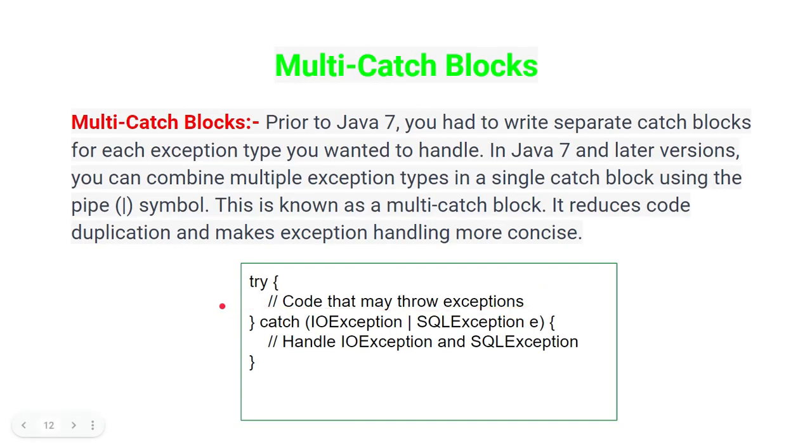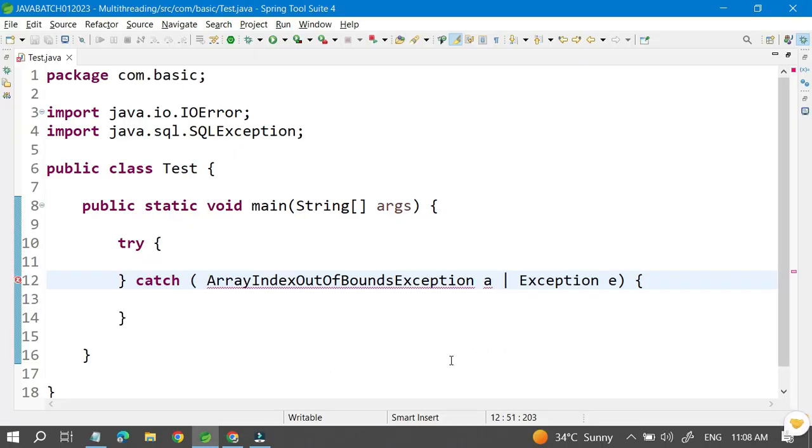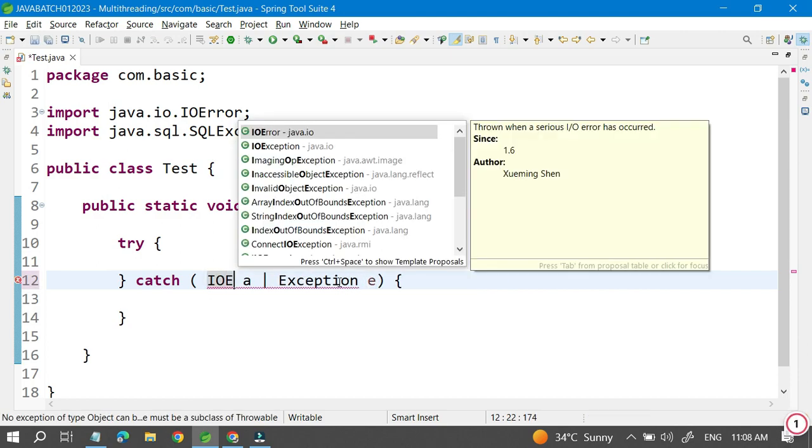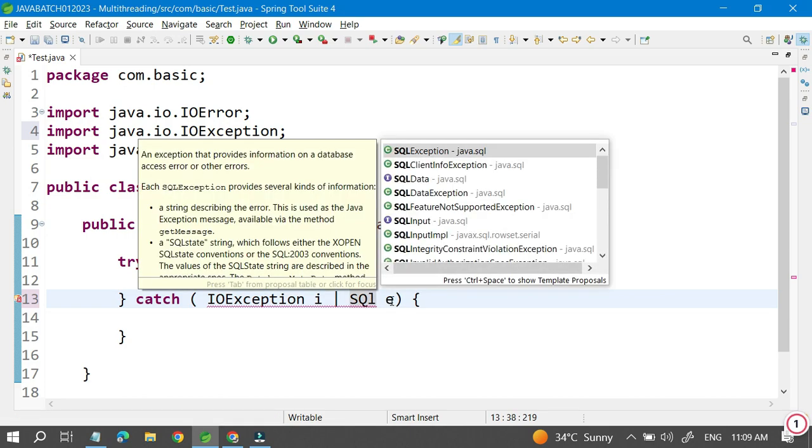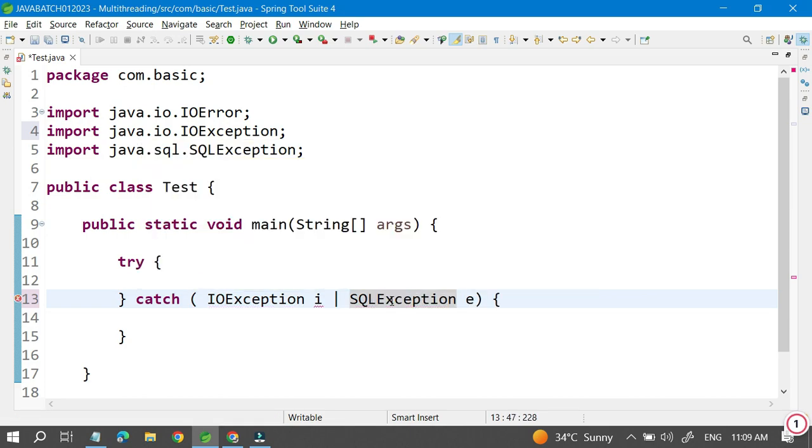Try code that may throw exceptions and catch IOException and SQLException, handle the exception. Okay, so let me give the same thing. What will happen? Here we have to give IOException, and that is the I, and this is the SQLException, but still it's not supporting. Basically, I delete this syntax error on the token I. We have to write a comma. No,